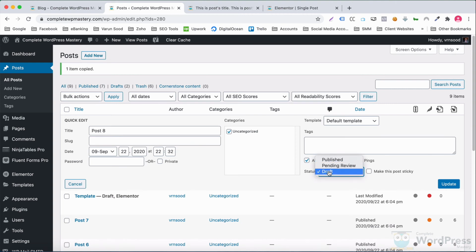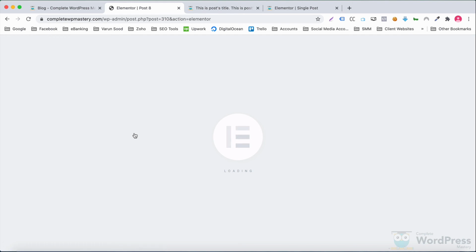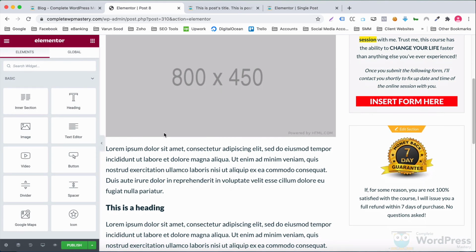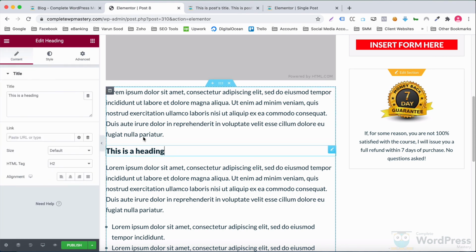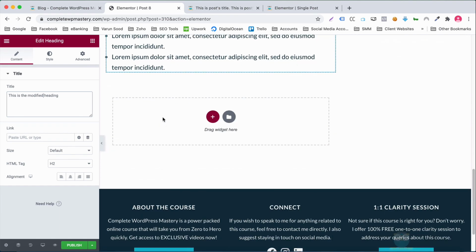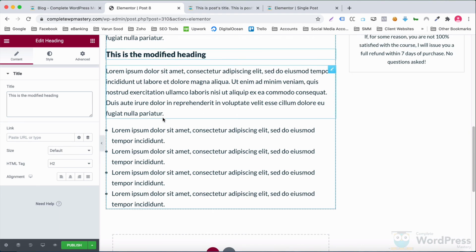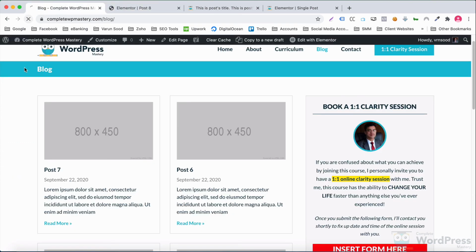I keep it as a draft until I put all the content inside it. To edit the content, I edit the post with Elementor. Include whatever widgets I want and then publish the post. This is how I handle blogging on my websites.